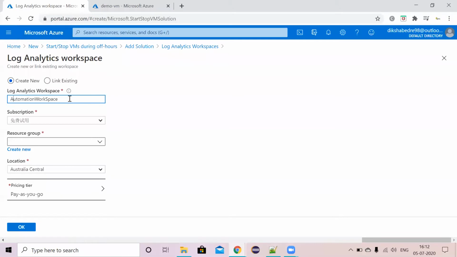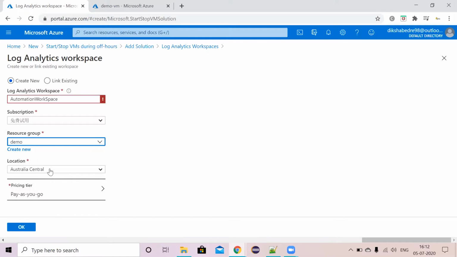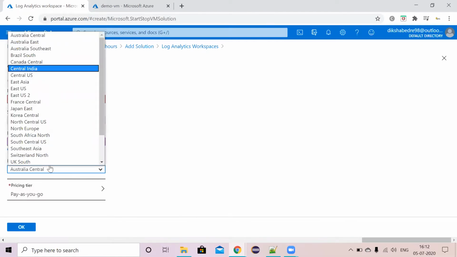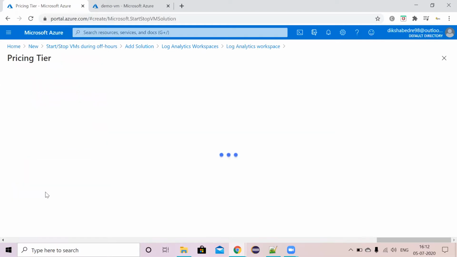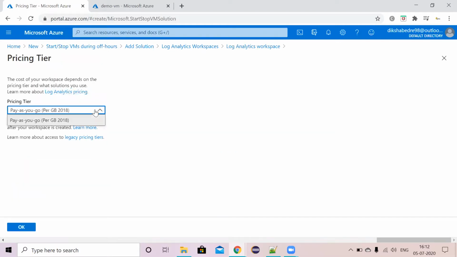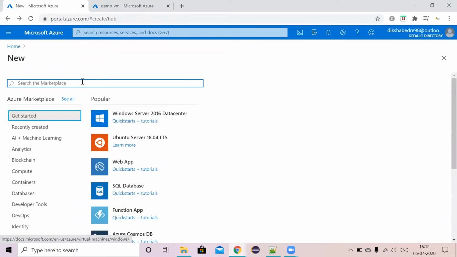Here we create the automation workspace, select the subscription, then select the resource group. Here same, we will select Central US, and it will ask the price for that, pay as you go. If you want to create, you can create here. For now I'll discard this.